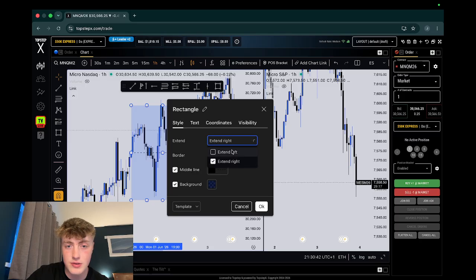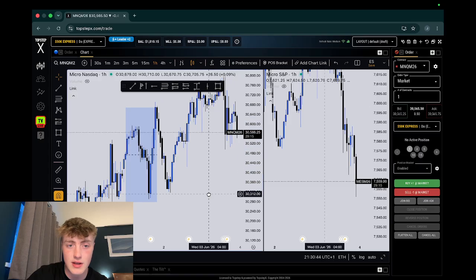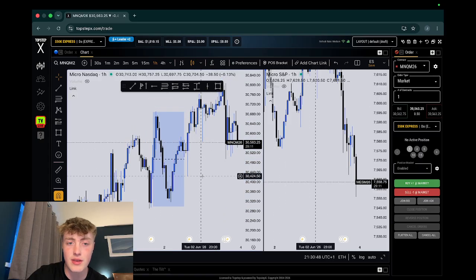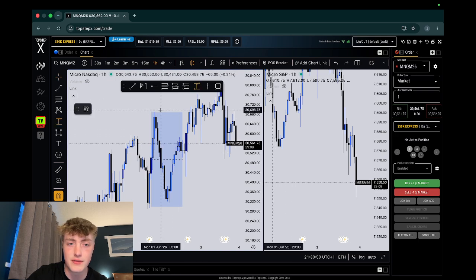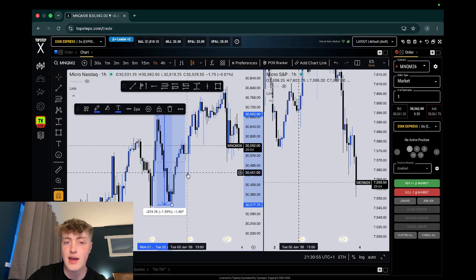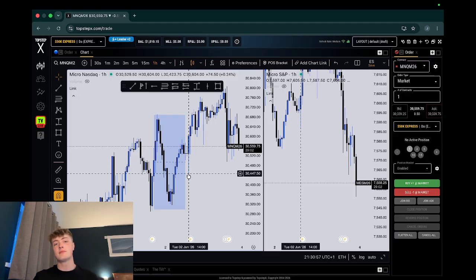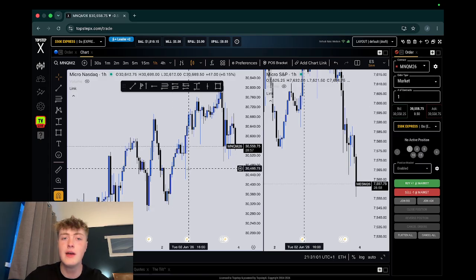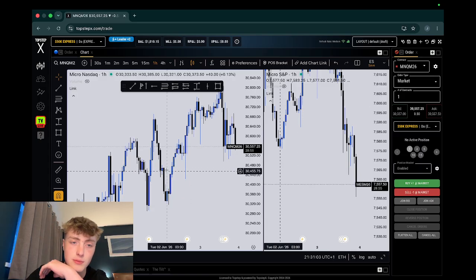Extend. No, do not extend. Okay, so we'll call this here a leg. From this high to this low is a leg of movement. It's from the high to the low. Okay, so from the leg, we can see we had,